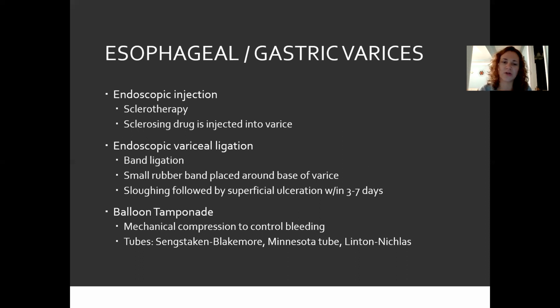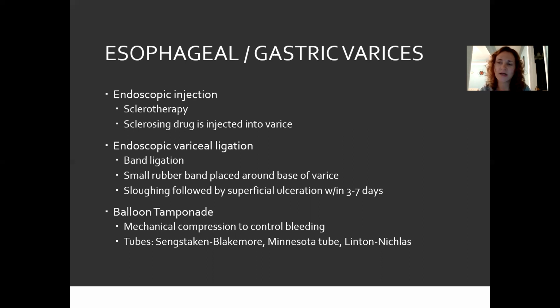We can also do something called a balloon tamponade, just like with the balloon for a cardiac cath. You go in there, you can balloon it up. Same thing with achalasia. You get into that narrowed space, which would be where the bleeding would be. You open up that balloon, and that direct pressure from the balloon is going to cause the bleeding to stop. Just like if you had a cut on your arm and you put direct pressure on it to stop the bleeding, same concept. Tubes that these patients can have post-procedure: they can get a Sengstaken-Blakemore tube, a Minnesota tube,